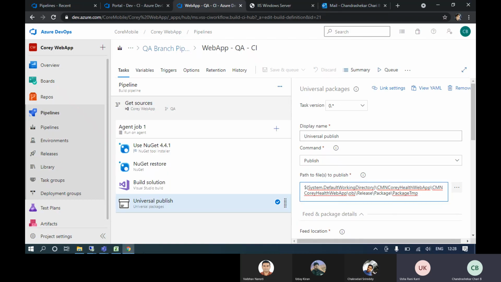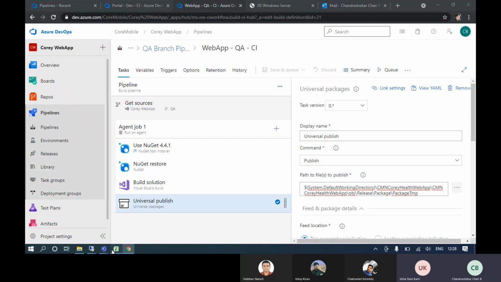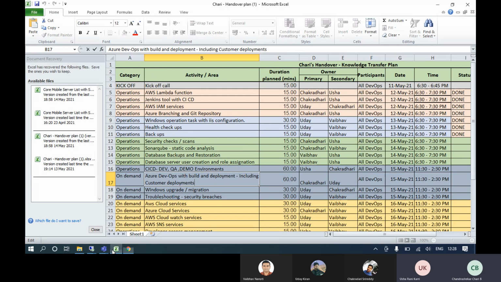That's it. So pipeline will get deployed. We need to configure the pipeline to deploy there, right? But as of now, it is configured that way.